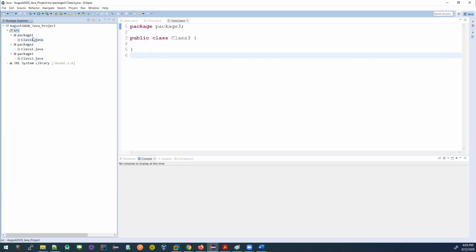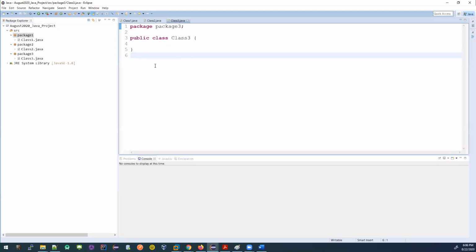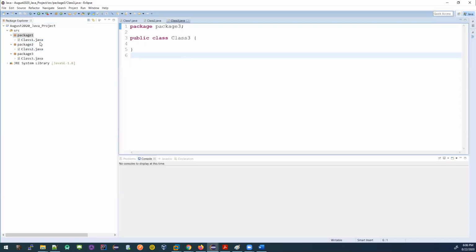Inside every package I can create a class. Now what is a class? What is this file? Any code you want to execute, for now just understand it this way. Moving forward, as you learn more, I can explain more, right? You're still learning. So for now, understand that for any code that you execute in Java, you need to create a class file. I mean, you need to create a class. Because only inside that class can you put some code and have it executed. So you right click in here, you go to new and you create a class. This file already has the extension .java by default.